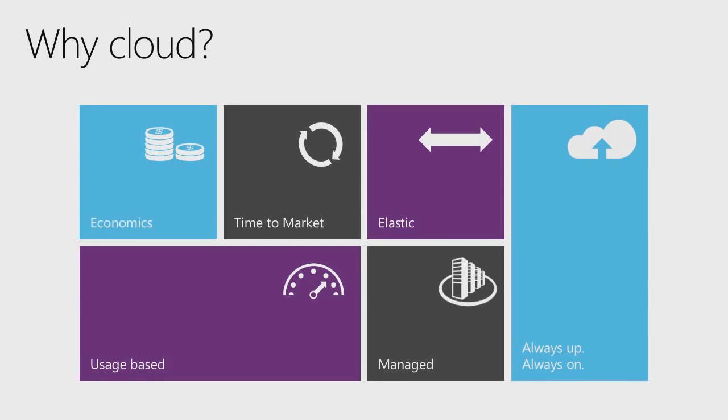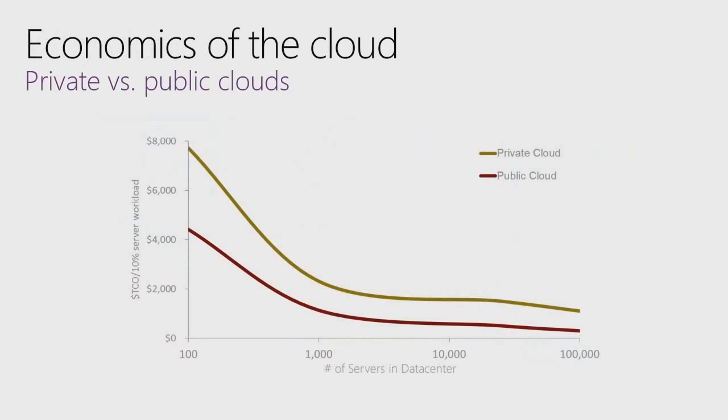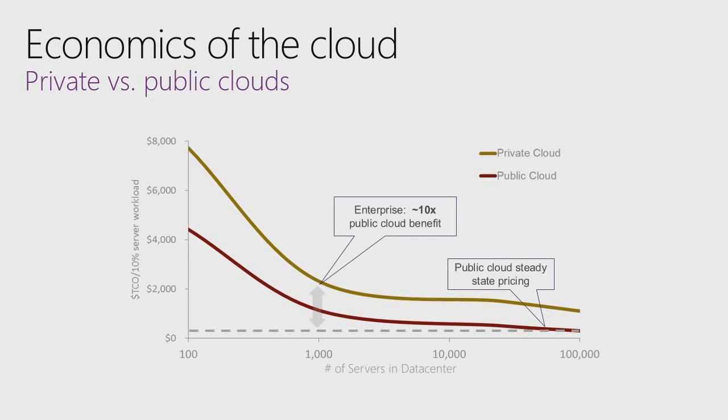So drilling into this, we see that one of the most important points is economics. As this chart indicates, the larger the data center, the cheaper the underlying total cost of ownership is. This is primarily because if you walk to your local power company and say you need to buy 1 billion gigaflops of power, you get a cheaper price. Same thing with data centers. You get a better deal if you're running at scale.